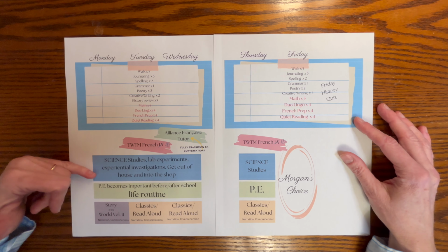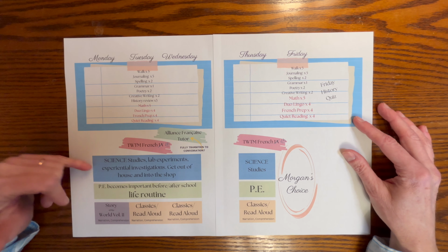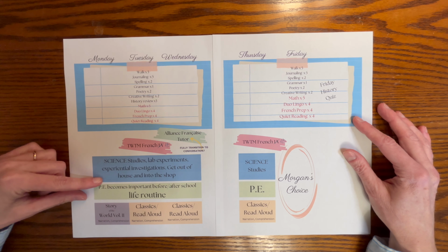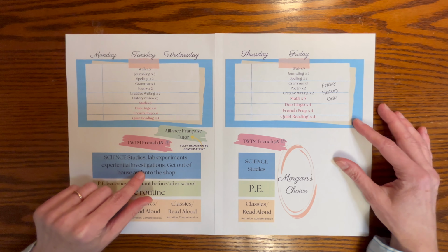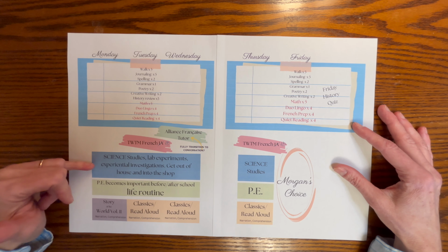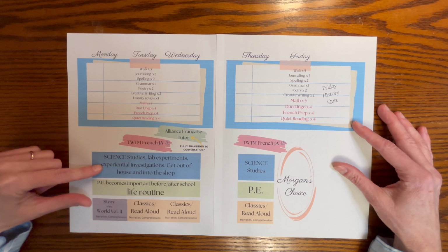Now, science. This is kind of a big deal. I haven't dropped this on you guys yet, but I am increasingly interested in the Waldorf method of science. Very interested in it, in fact, and I would like to start with their botany next year. We do like The Good and the Beautiful, and we will do those unit studies that I had purchased already. But what I think I might do is begin to transition into Waldorf science,